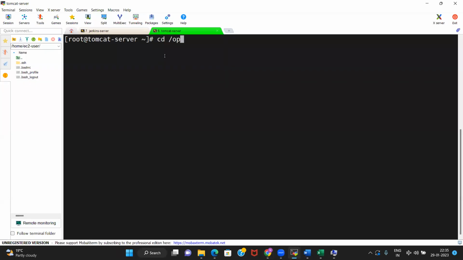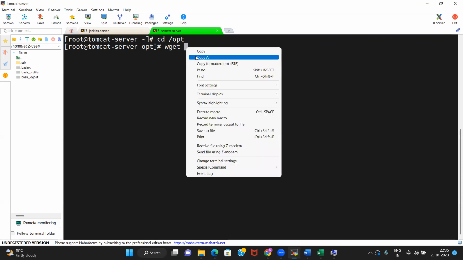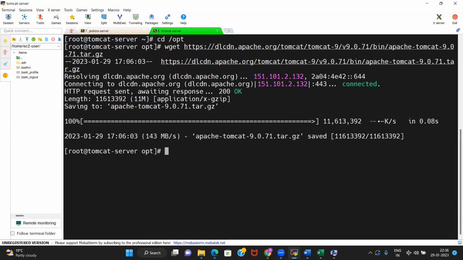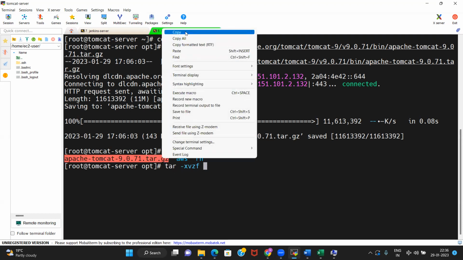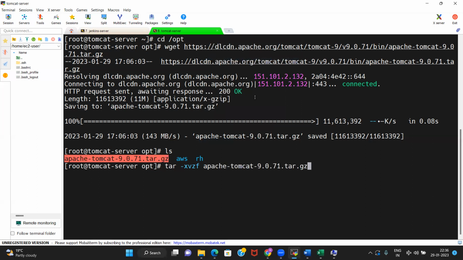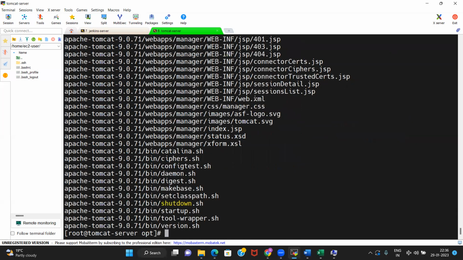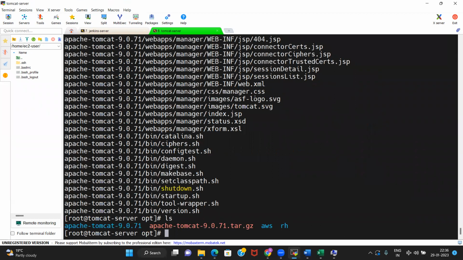cd /opt, again it will be under the opt folder. Okay. And then wget is the command. Wget is the command to download. ls. And you see this is downloaded, right? Now you need to unzip it, tar -xvzf, and then mv.